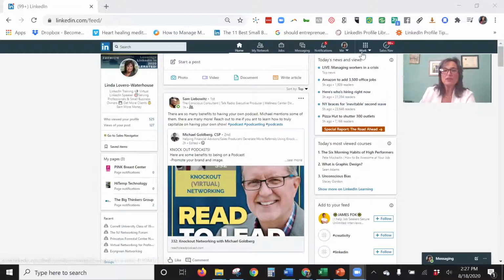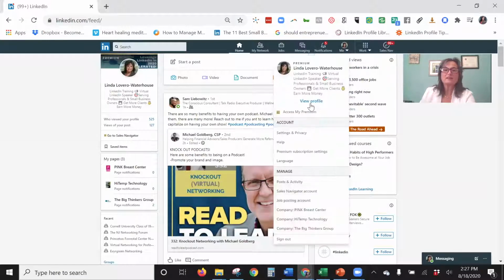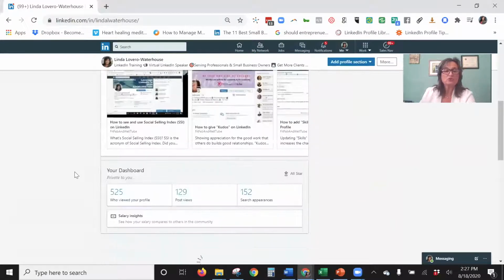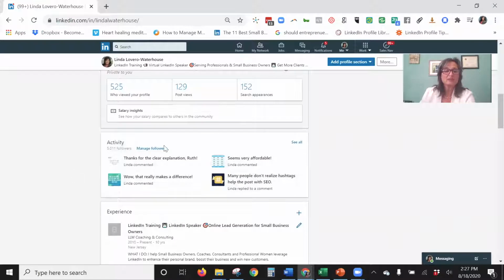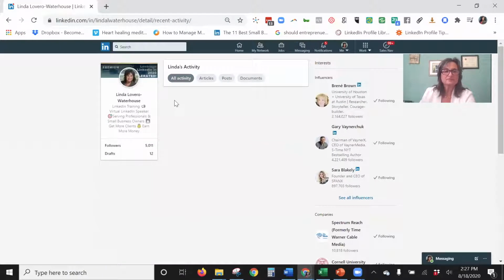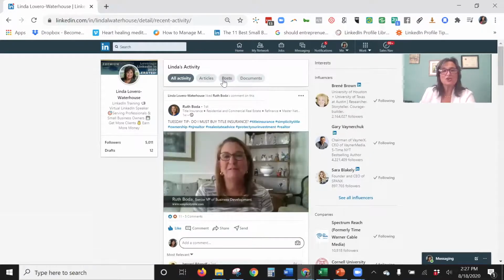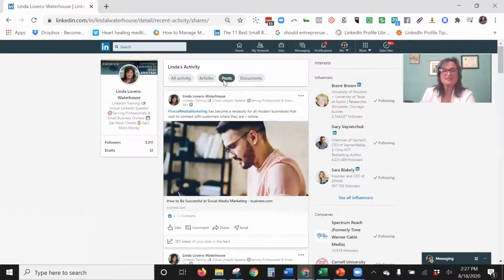So the one thing that we want to do is go to our profile. And by that, we go up here to our name and we say view profile. And after we get to our profile, we're going to scroll down till we see our activity. And in our activity, we're going to click see all. Now what's going to be here is all the activity that I have done recently. Every like, every comment, every time I've shared. It could be a long time coming, so I'm going to click on posts because that will show only the